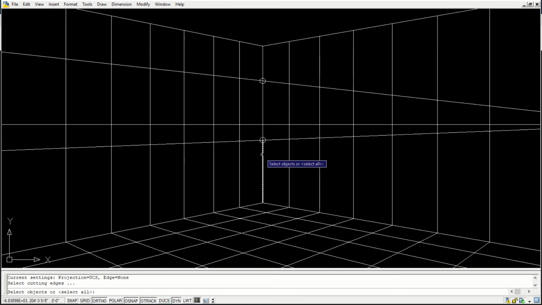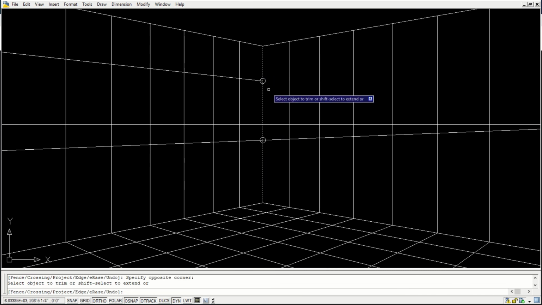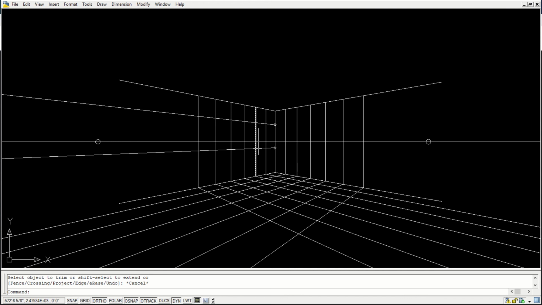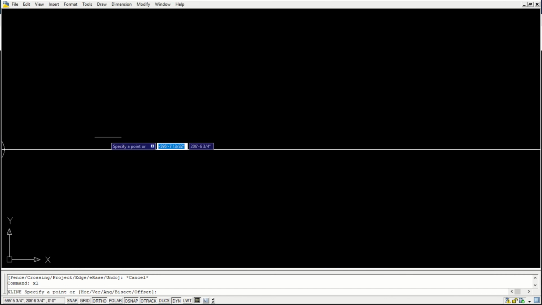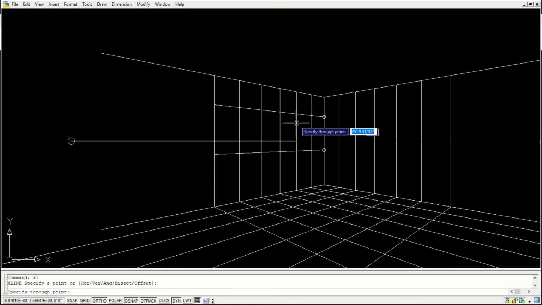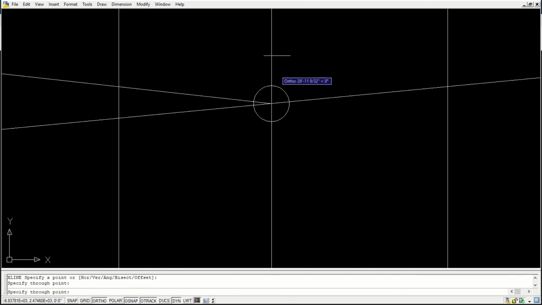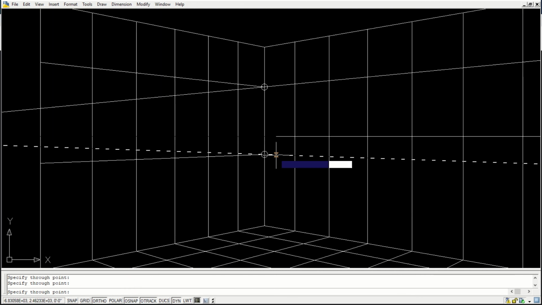Okay, I'll remove this. Okay, I want the horizontal line on this side as well, so I'll use the vanishing point on the left and pass through these points.